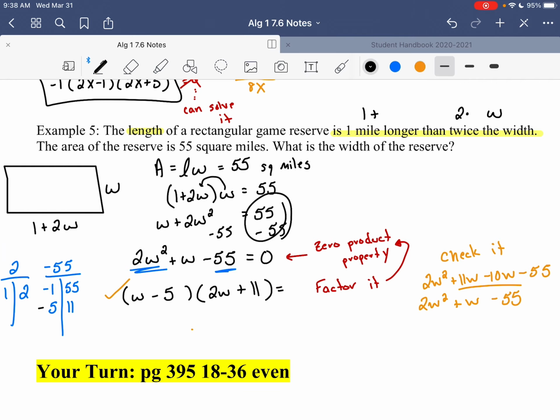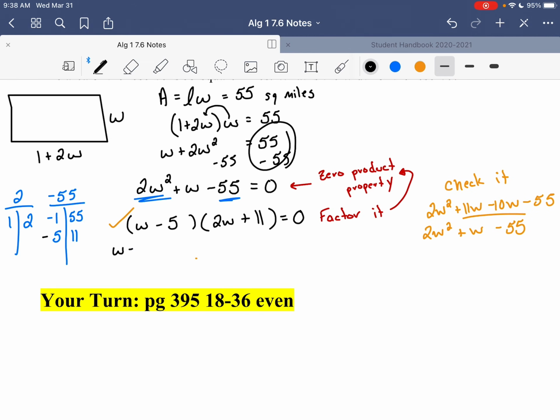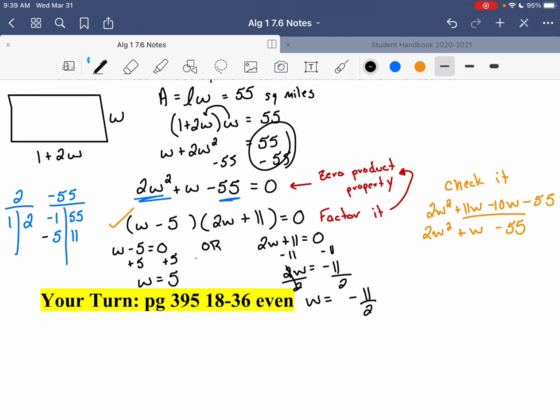But now it's equal to 0. So now we set each of these factors equal to 0. W minus 5 equals 0, or 2w plus 11 equals 0. We're using stuff from previous sections. Here I have to add 5 to both sides on this first one, so w equals 5. And subtract 11 over here. Divide by the 2. W equals negative 11 over 2,